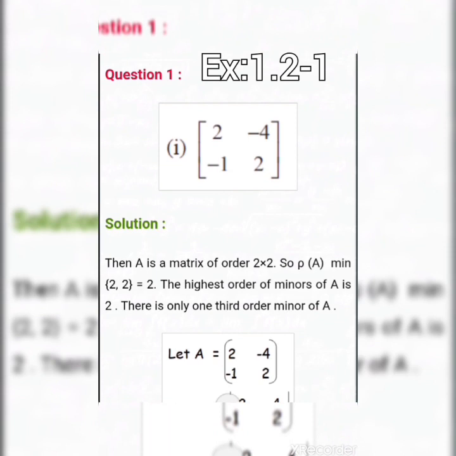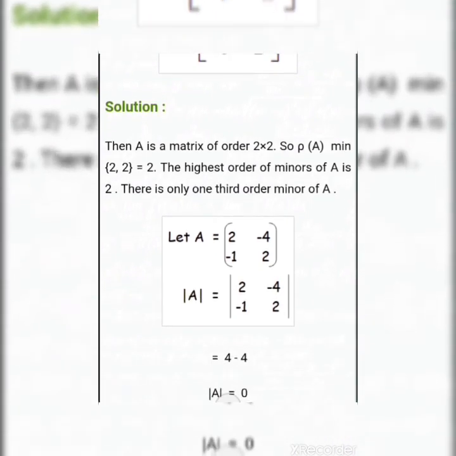Number 1, matrix A equals 2 minus 4, minus 1 2. Solution,